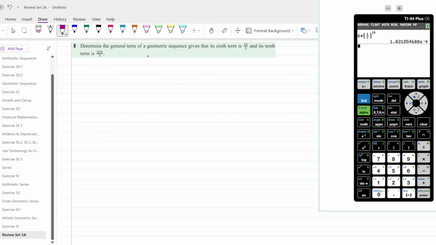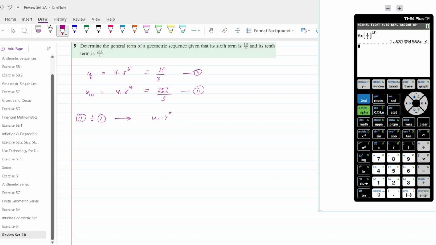Determine the general term of a geometric sequence given that its 6th term, that is u6, we can write as u1 times r raised to the power 5 equals 16 divided by 3, and its 10th term, that is u10, we can rewrite as u1 times r raised to the power 9 equals 256 divided by 3. Now considering this equation 1 and this equation 2, if we divide equation 2 by equation 1, we get